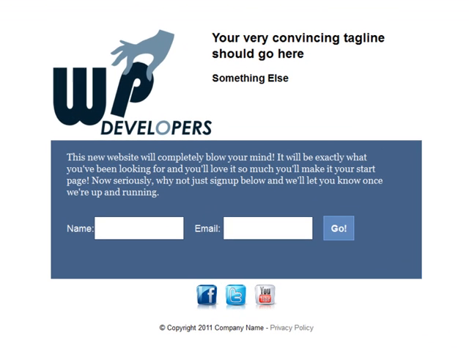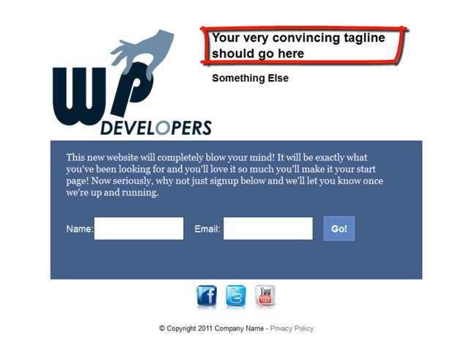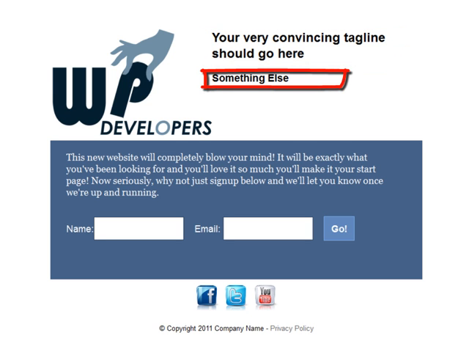So some examples of local customization areas would be the title area right here, the tagline or a